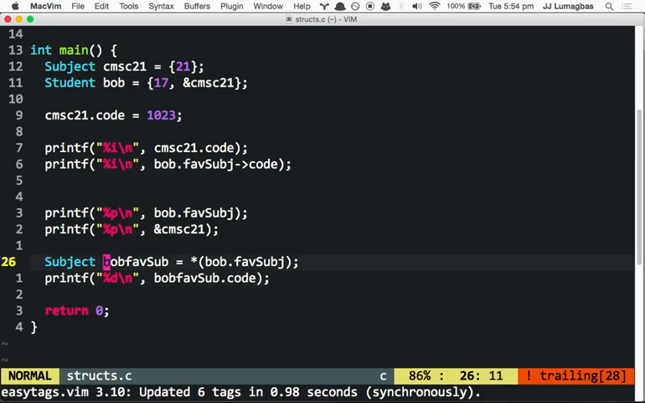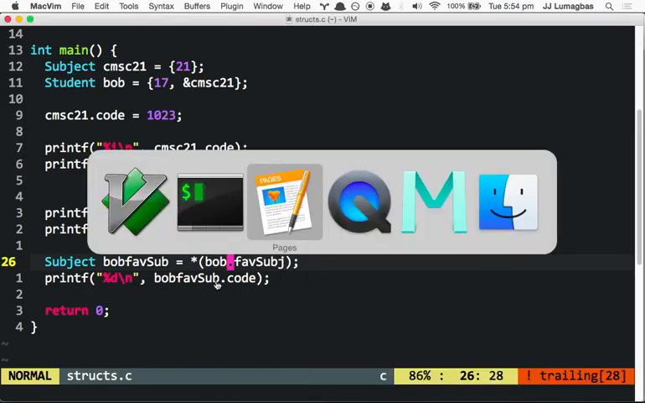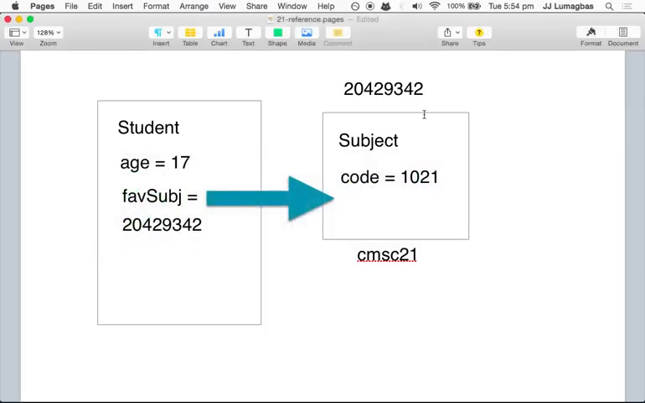Okay, so do you get what's happening? We're assigning the favorite subject of Bob to another variable called Bob favorite subject. But we did not assign Bob favorite subject directly because this is a pointer to the favorite subject and not the favorite subject itself. So what we wanted to do is to get the value that the pointer is pointing to. So that's why we use the dereferencing operator. Because of that, now we can access the code of Bob favorite subject. Do you see what's happening? We made a new subject called